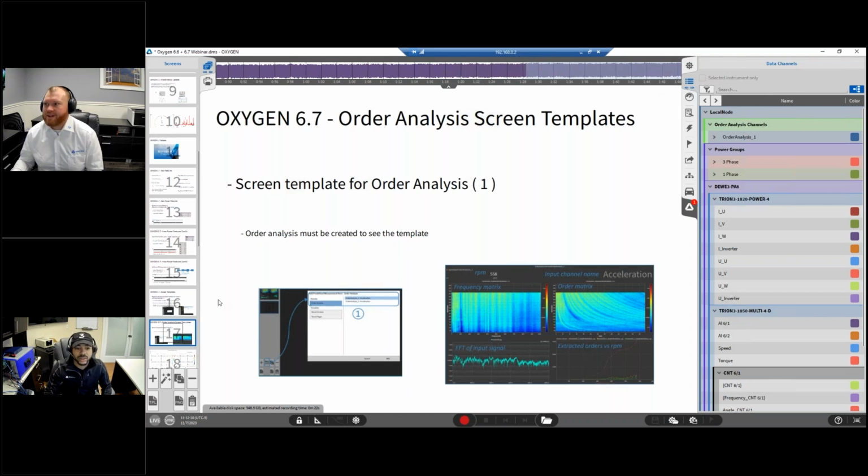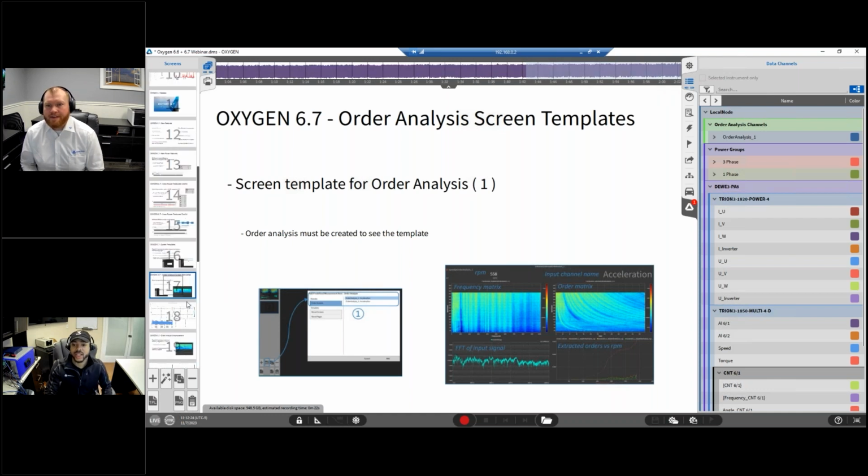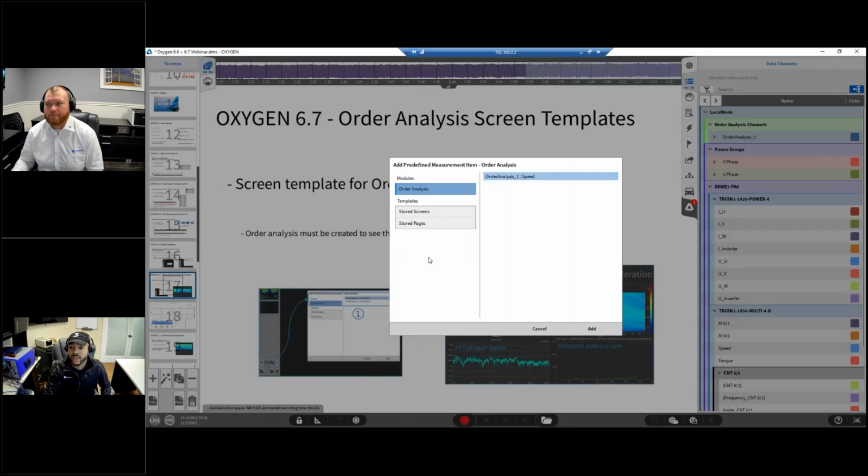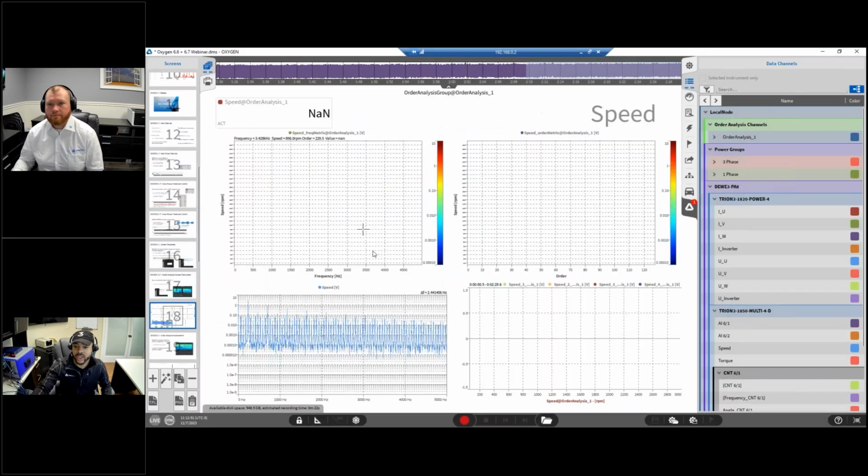Yeah. Great, thank you. So then one of our next is the possibility to extract orders with our order analysis. If you could go a little bit more into detail on that. Yeah, so before I actually do that, we do have a screen template for the order analysis now. It's almost the same as making a screen template, but we have the option over here. Once you have an order analysis template completed, you will be able to add the predefined measurement. You would click add. I've already added it in this next tab. And once you do that, you would get this template right over here